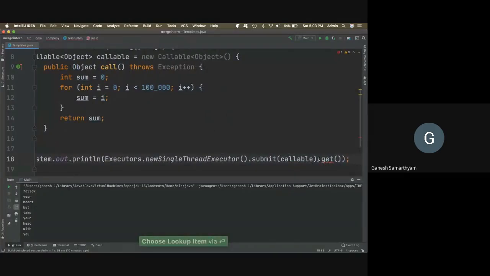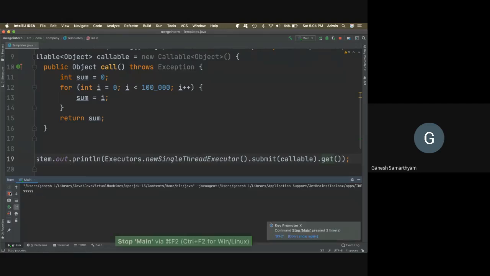There's an exception that can get thrown, so I have to add the exception to the signature. You can see that it has executed successfully, but it's still running. Why? Because we created a single thread executor and didn't stop it.